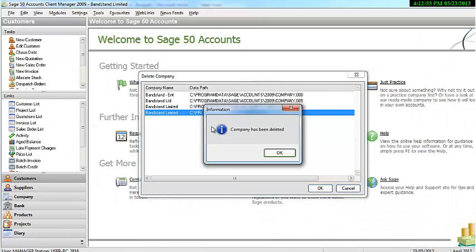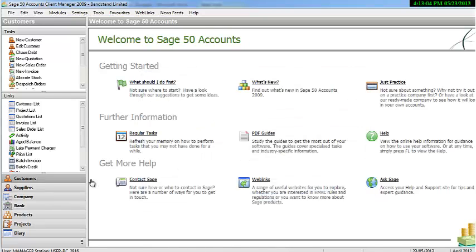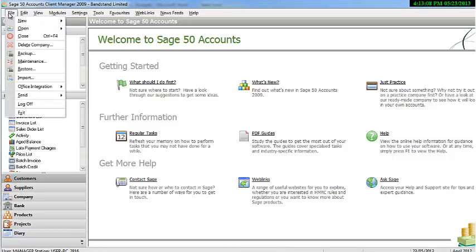Okay, once the company has been deleted, it will come up with a message letting me know that that's been done. This company has been deleted, and just say OK. Right, so now we can get on with setting up our new company. So again, if we go to File and New and Company,